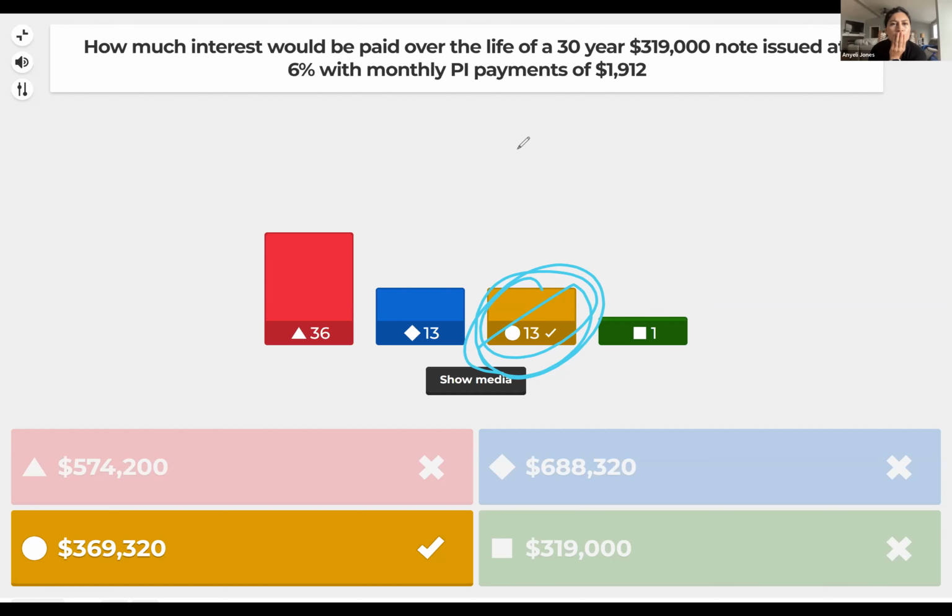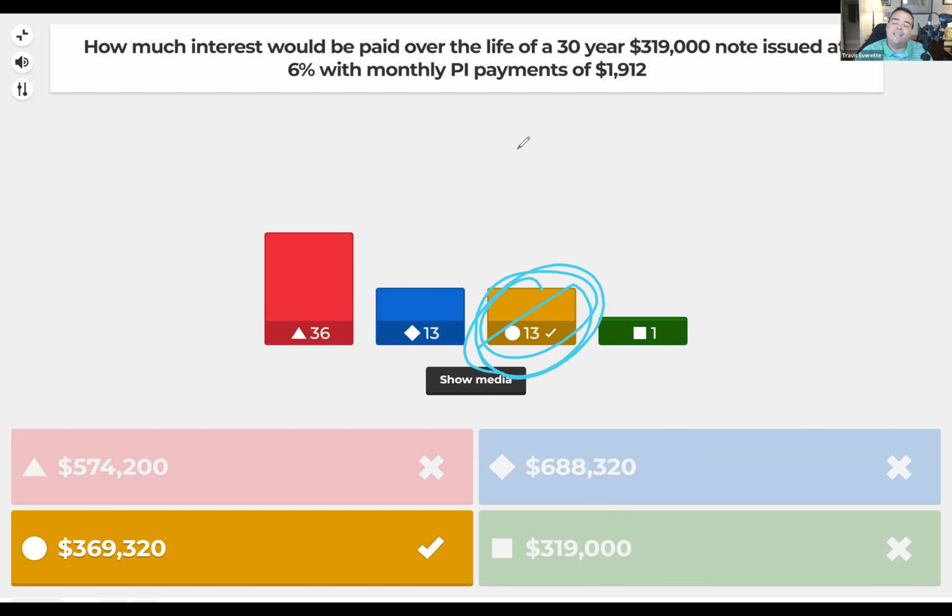Here's the problem with that, folks. Are you going to owe $319,000 for all 30 of those years? No. The loan balance is doing what every single month, folks? Going down. It's going down. And what you just did was assume the loan balance is going to stay exactly the same for 30 years. It doesn't work that way. Here's what you haven't yet made peace with, even though you think you have. That